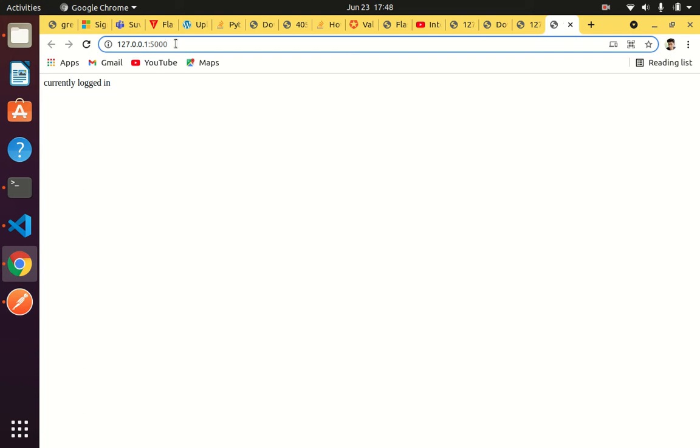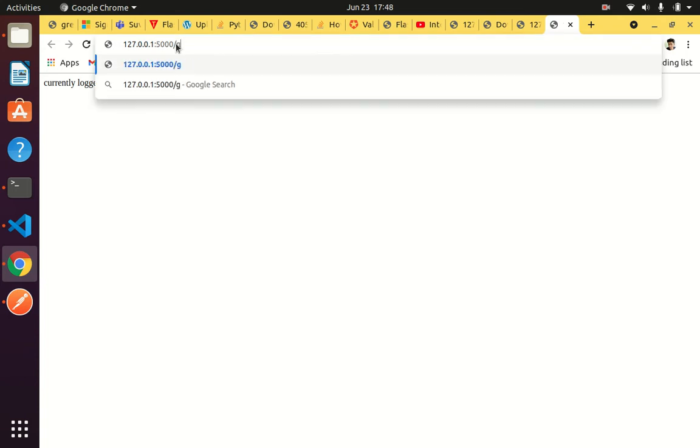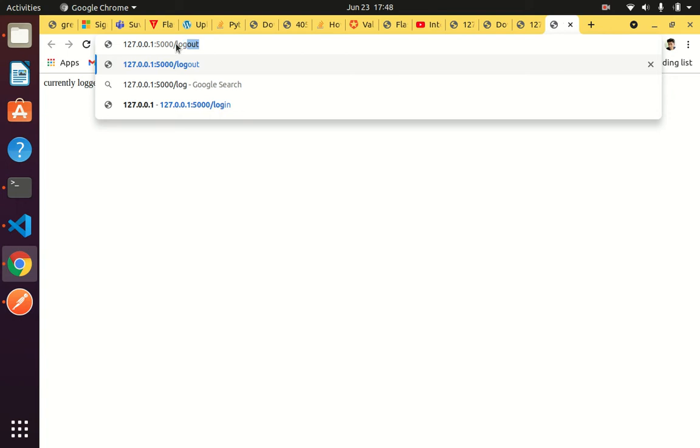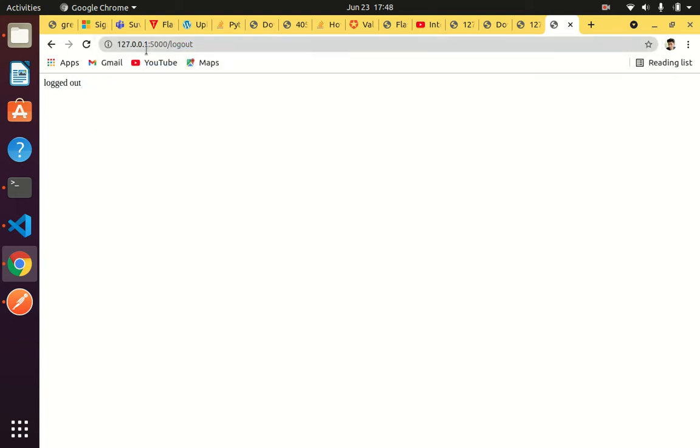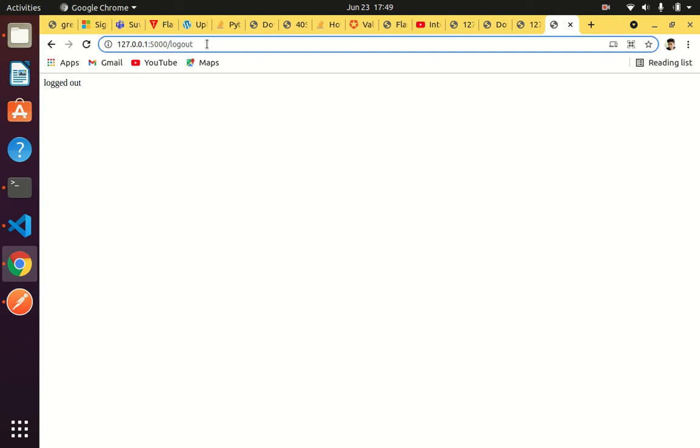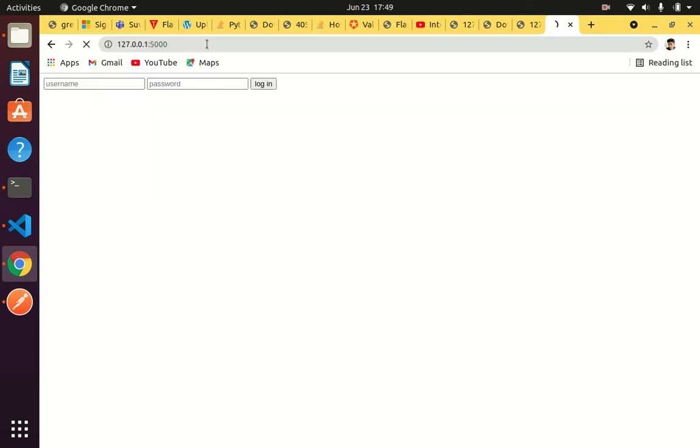Let's say I am a new user and I have to log in. This is someone else's system, and I have to log in with my credentials. So I just have to hit the logout route. And now there we go, we are logged out. If I go to the index route, I will be presented with a form wherein I can fill in my credentials. Earlier it was showing you are currently logged in. Now I have logged out, so I can put my credentials.